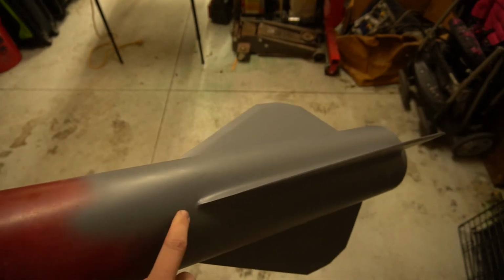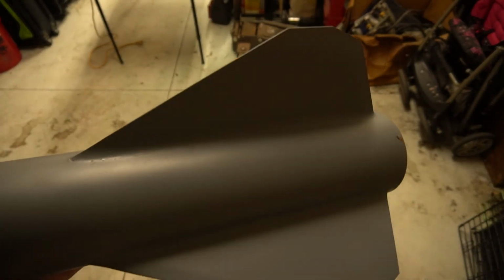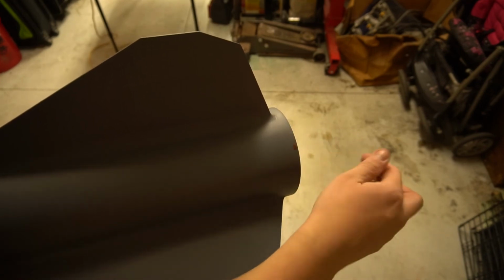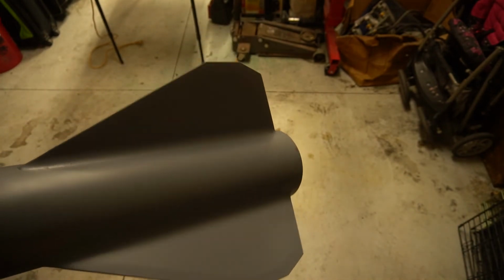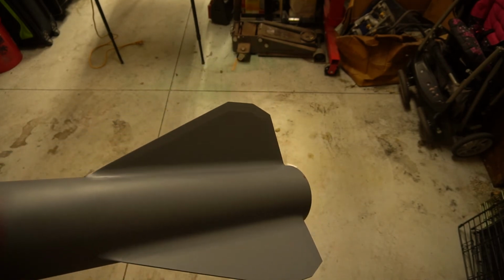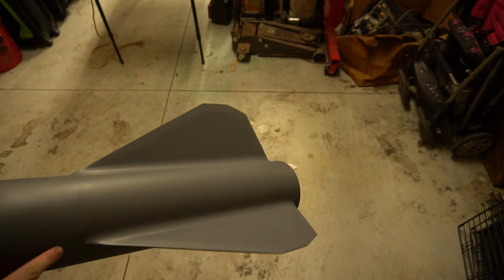I have a couple spots I want to touch up, like these guys right here, but a lot of times what I would end up doing, I got a leaf stuck to it. It's alright, it's gonna get sanded. A lot of times what I would end up doing is basically sanding it all right back down to the epoxy and smoothing it all out again, a bunch of different filler, but because it went down so smooth,